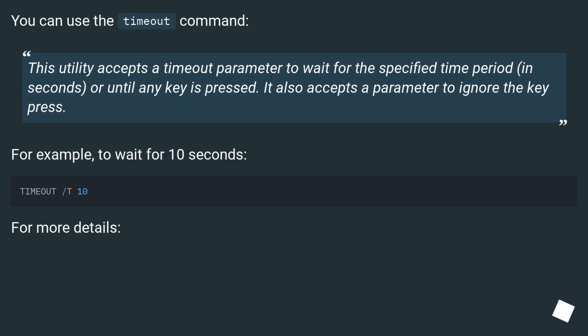You can use the timeout command. This utility accepts a timeout parameter to wait for the specified time period, in seconds, or until any key is pressed. It also accepts a parameter to ignore the key press. For example, to wait for 10 seconds. For more details,